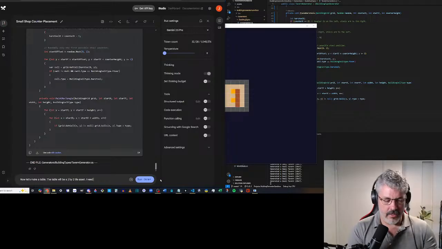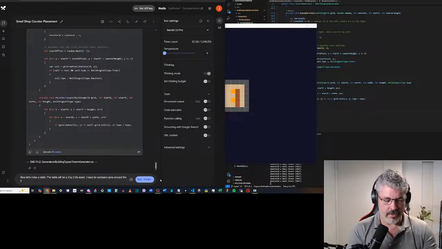I need an exclusion zone around the table to make sure it is not directly adjacent to any walls, bar stools, or doors.